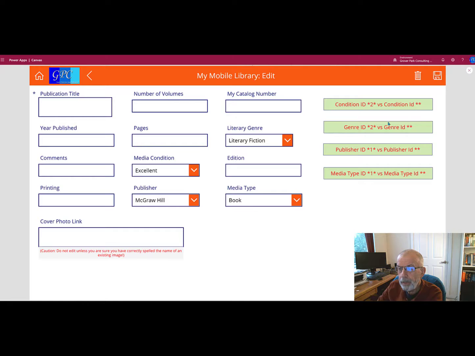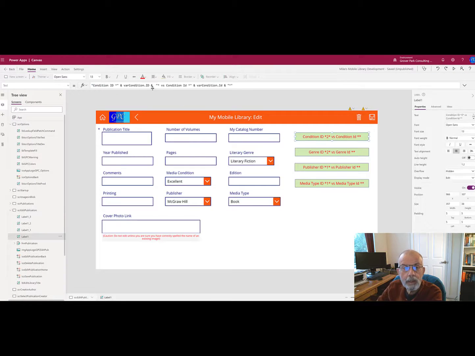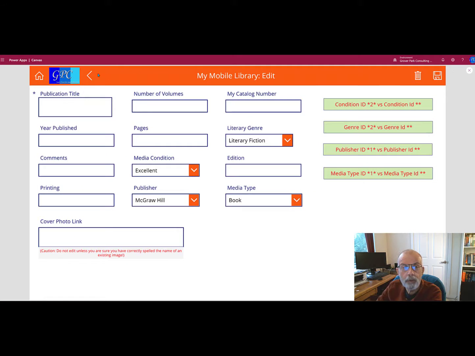And as we get here, we see now that the version of the variable which uses the dot capital I capital D property is now populated with the defaults that we want to use from our look table. As you see there, and the same is true for the other three. If I go back and edit,